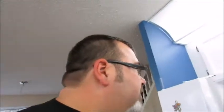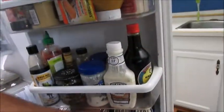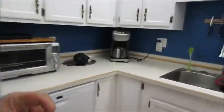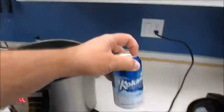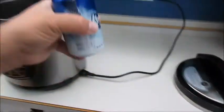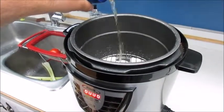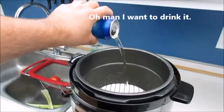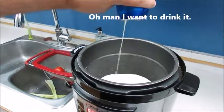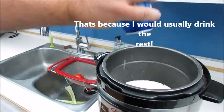I don't have to do this. If I had chicken stock, I would use chicken stock, but I don't right now. So I'm just going to take a beer, and that's what I'm going to use for the liquid. And because I'm on a low carb diet, I'm not even going to drink it. It's a waste, kind of. I wouldn't normally put that much in, but I don't want to waste it. It's beer,